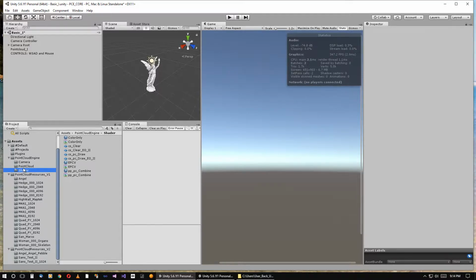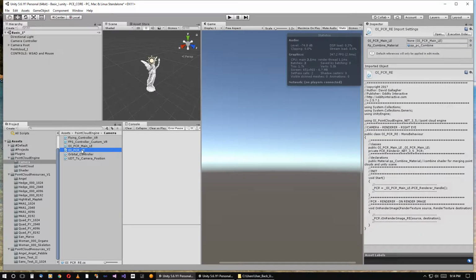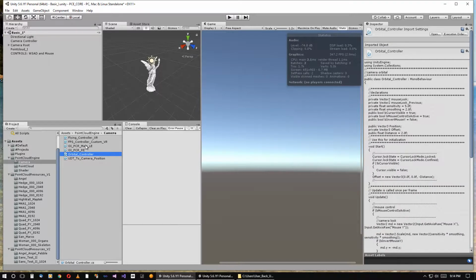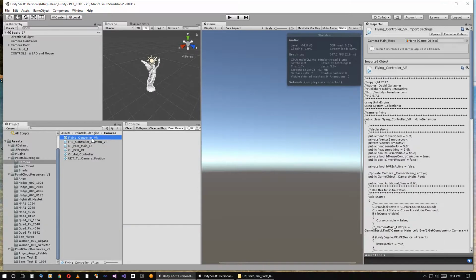So there are basically three folders within the Pointcloud engine, which is the camera scripts. These two, that is for the left eye, that controls the main rendering. The right eye, if using virtual reality. There are a few camera controllers, orbital, first person, and flying. We're mainly using the flying here, so you can see that in action. This first sample is the basic,